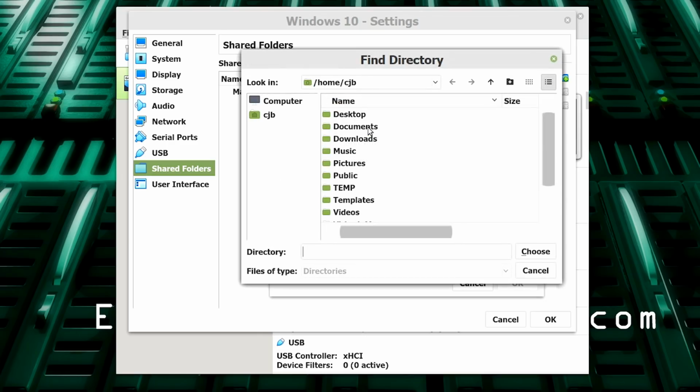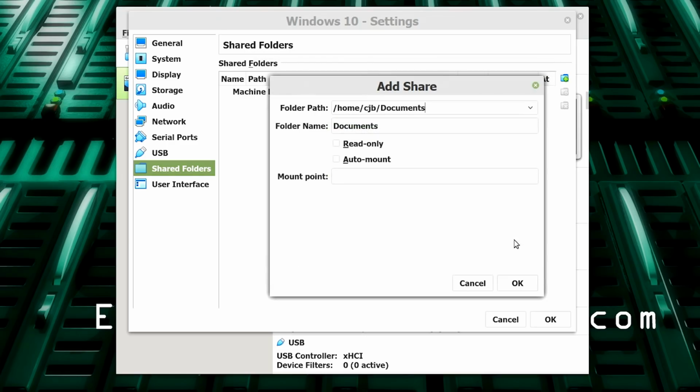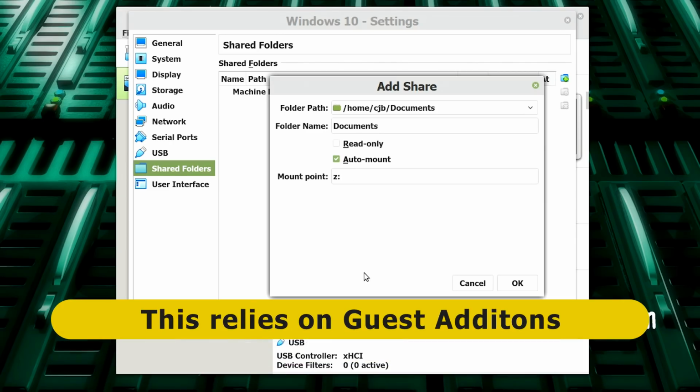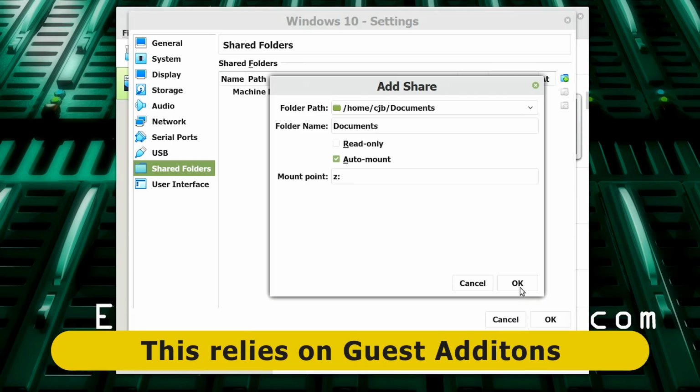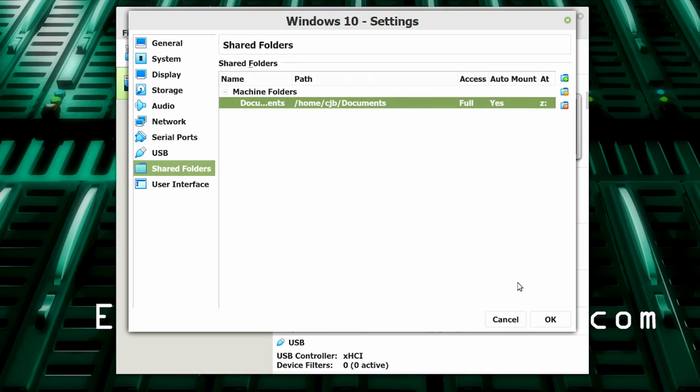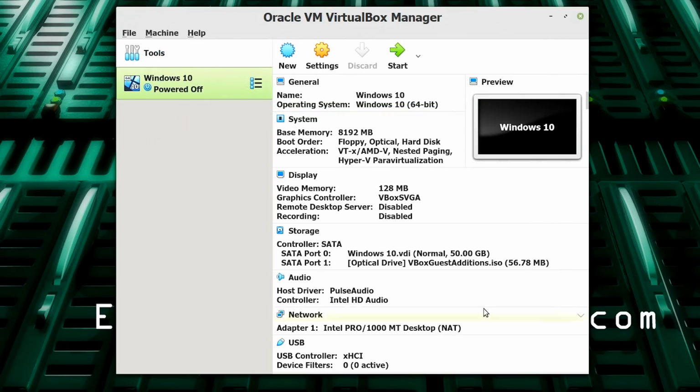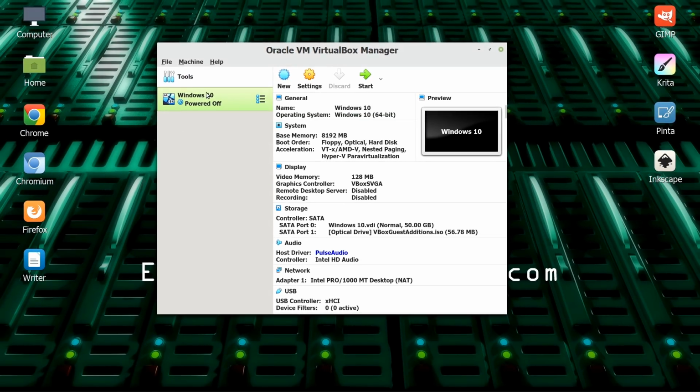Let's select, for example, our Documents folder in Linux. We're going to choose that, and we'll have it mounted automatically in Windows maybe as the Z drive, Z:. In earlier versions of VirtualBox, you had to do a little bit more mounting in Windows itself, but this should work automatically. So we'll just go OK on that and OK on that. And now if we run up our Windows machine,